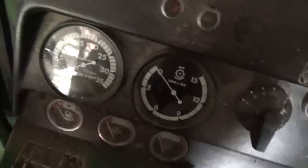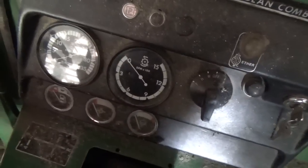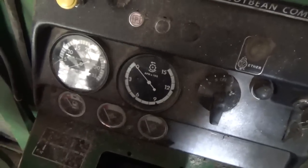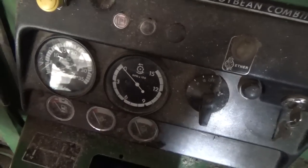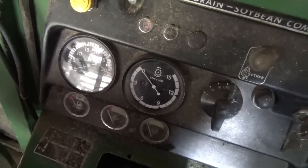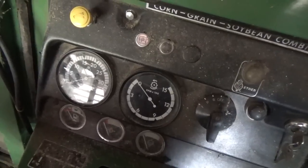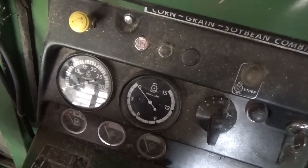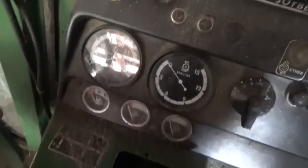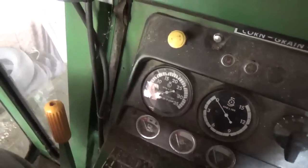My engine in here, if I run it full tilt, will turn 2,500 RPMs. But I am running the engine speed between 2,200 to 2,300 RPM to achieve that on the cylinder. It will run wide open, but I hate running an engine wide open if I don't have to. When the combine goes in for service next year, before I start combining again, I am going to adjust my throttle stop so it won't go over 2,300. I know it's rated for 2,500, but every tractor I've ever driven that has a 329 in it turns 2,200. I am going to put a throttle stop so it'll only go up to 2,300. 2,500 is pretty high RPMs for a diesel engine, in my opinion. It's not a Detroit two-stroke, so...